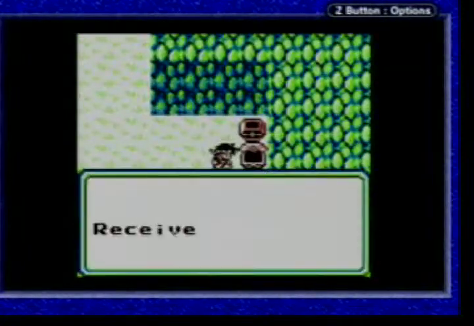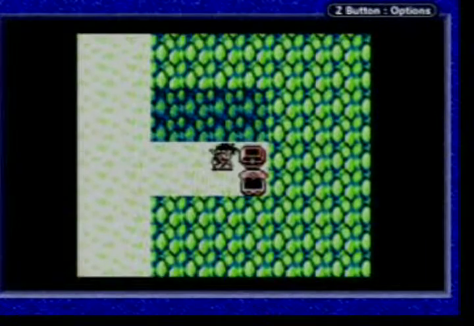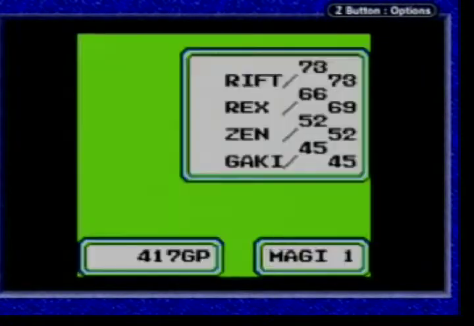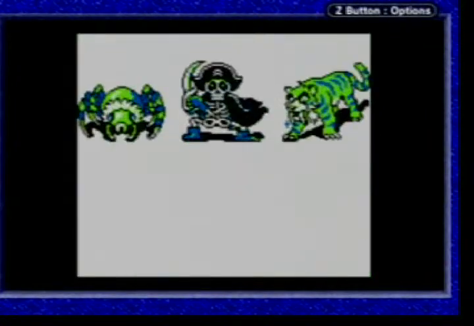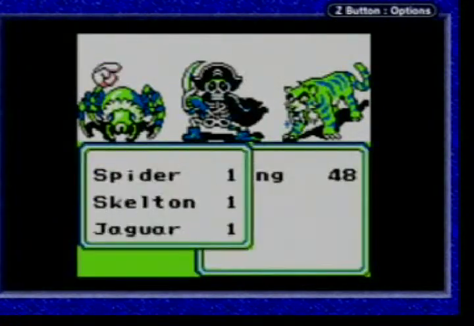Feels weird being an all-guy party. And there's that bow I was referring to earlier. There's a hammer. Do I want to equip anything or check anything? No, I do not. So it goes... Then it goes ability, HP...